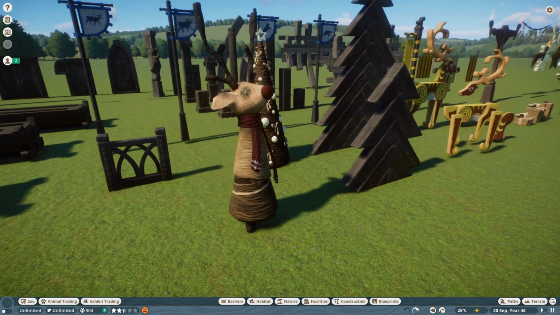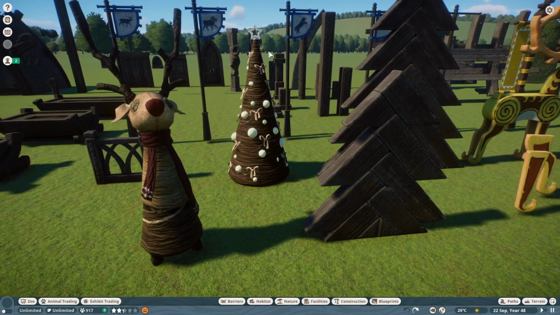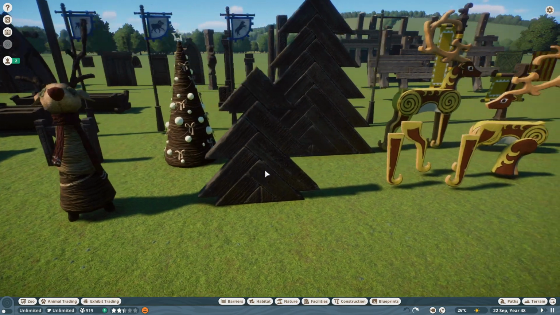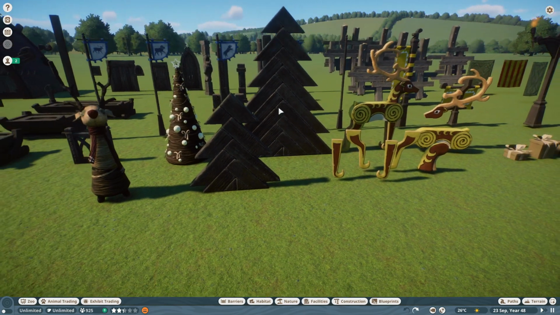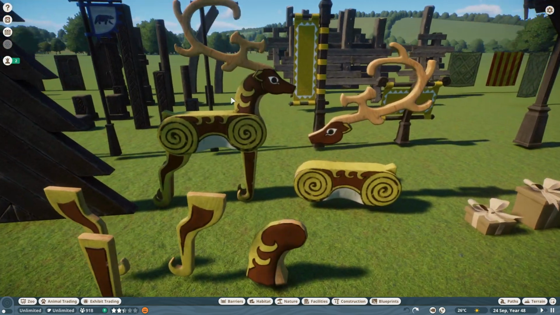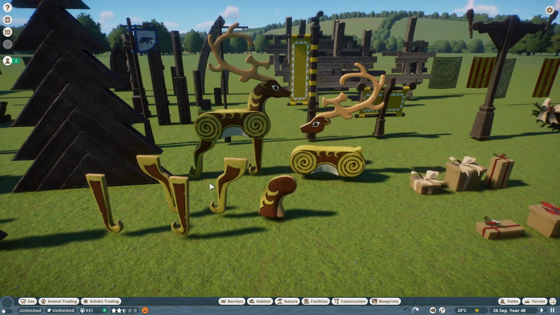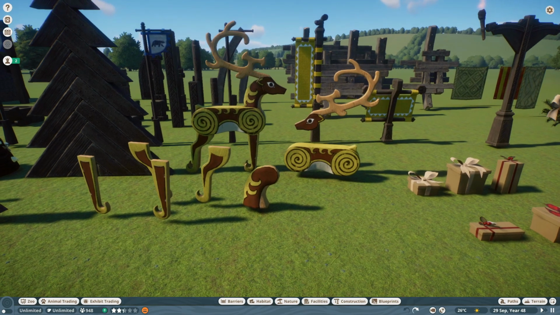We have a reindeer decorational item over here. A kind of a wooden type of Christmas tree. 2 more wooden trees, a small one and a big one. And then we have the reindeer that you saw earlier in the Christmas tree. And we got all the separate pieces here. So we can build our own reindeer and have the legs stick out in any direction that we want, and the head and everything. So we can make them have different positions and everything. So that's pretty